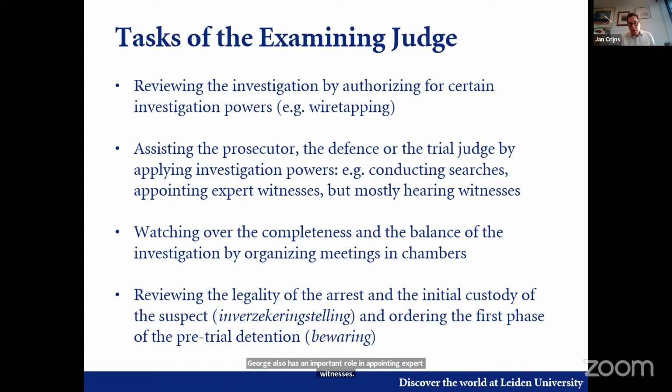The examining judge also has an important role in appointing expert witnesses, deskundigen. The public prosecutor in some cases may appoint an expert witness by himself, but in most cases he will need the examining judge to appoint an expert witness. And why is it important that an expert witness is appointed by the examining judge instead of by the prosecutor? Well, of course,